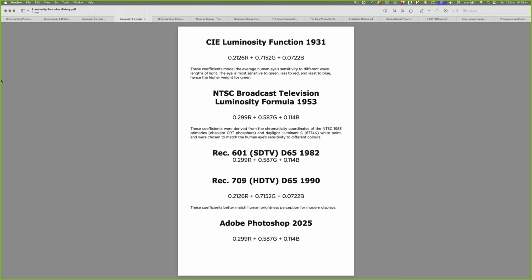It's about what is it in the tonal composition that announces itself as being a more pleasing, more beautiful perhaps, a more affecting in other ways, or reinforces my beliefs in what black and white photography should look like, and on it goes. If we look at a brief history of luminosity functions back to the original computation in 1931,